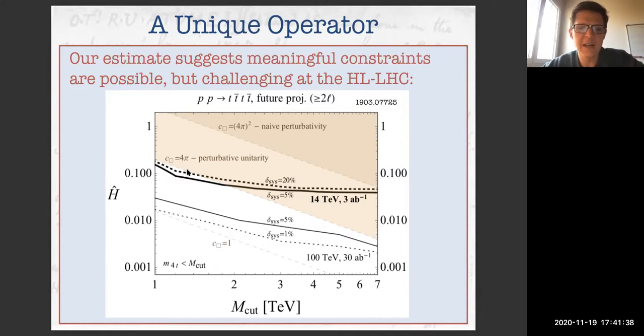And we can see that at high Lumi, all you can actually sensibly probe in a self-consistent manner is strongly coupled theories. You don't really have access to very interesting classes of UV completions. And it does much better as you go to 100 TeV, where you can start to probe much more realistic UV completions of this operator.